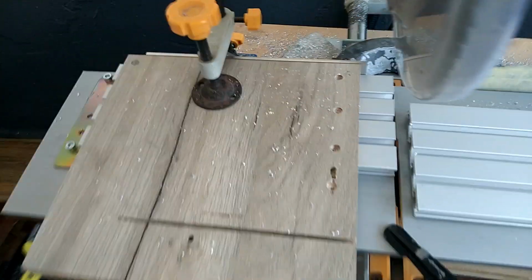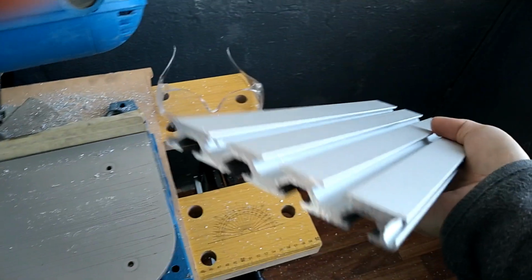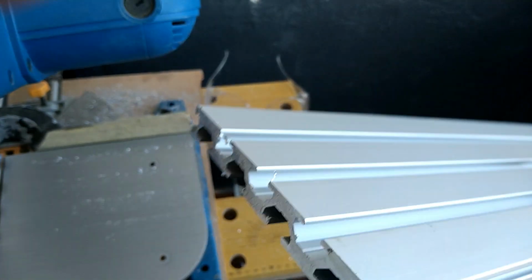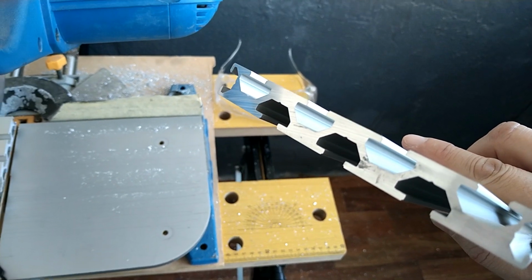Okay, here's just a short segment. This is how I hold this down securely. And this is the cut. It's not factory cut. Obviously they have much better blades, and